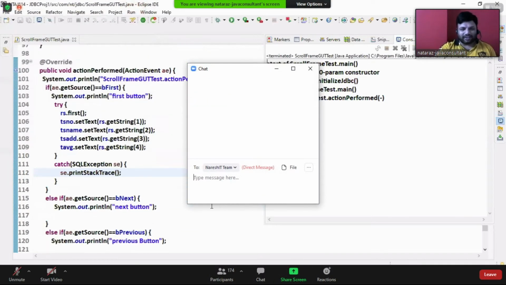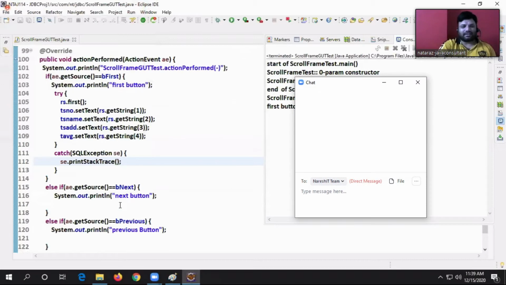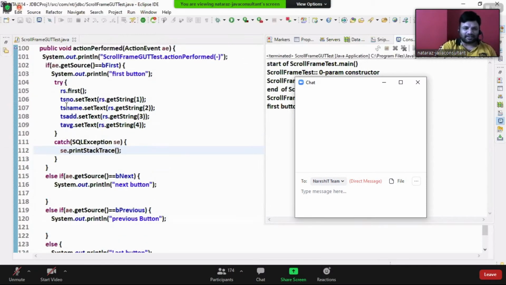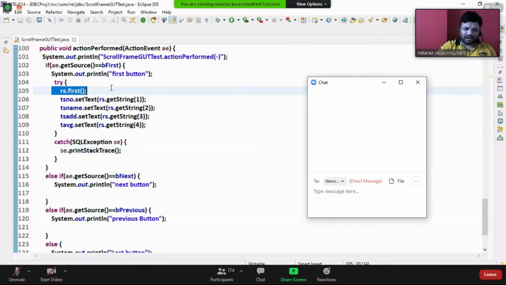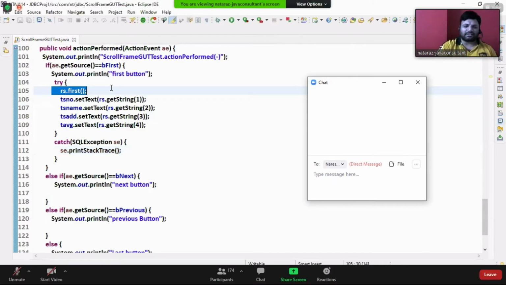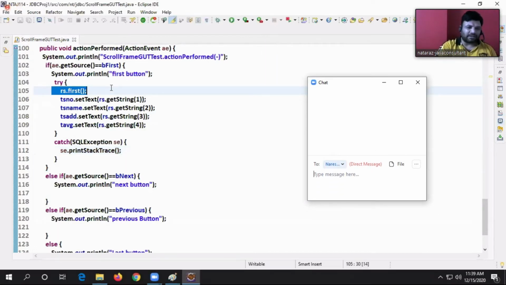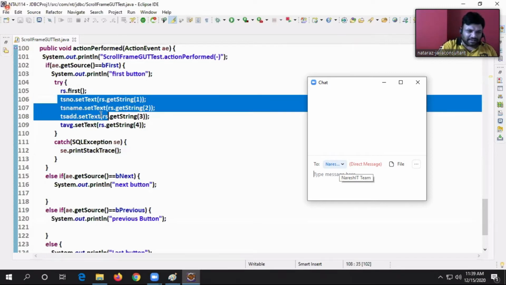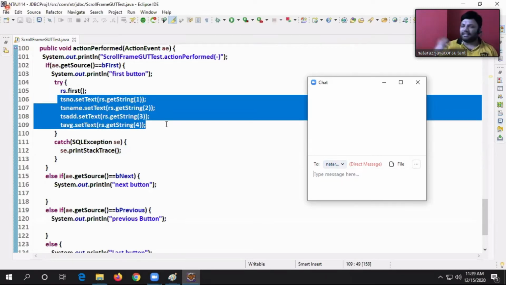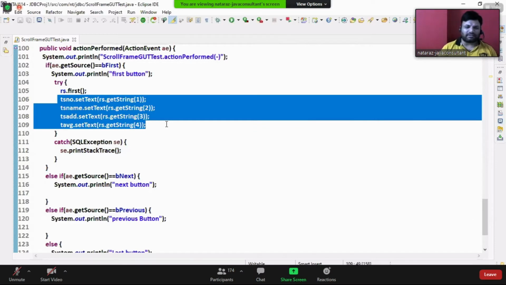Like this, we have to write code for the next button and previous button. But one thing is there. You click on any button, a relevant method is called on RS. First means RS dot first, last means RS dot last, next means RS dot next. But these lines are common, na? Reading that record and setting it to the text box is common. I don't want to write it 4 times.